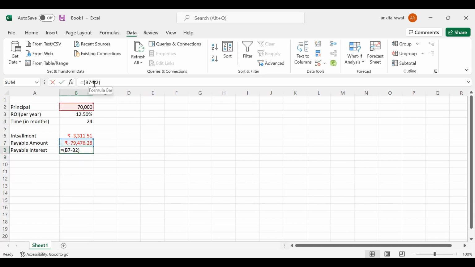Okay. So this is the payable interest, 9,476 rupees 28 paise. This is the payable interest which you are going to pay extra on your loan amount. So next,